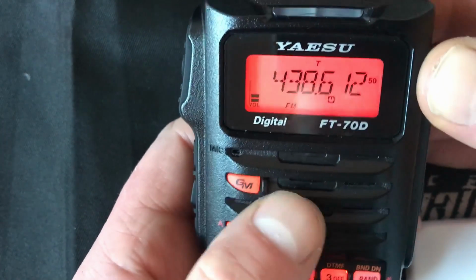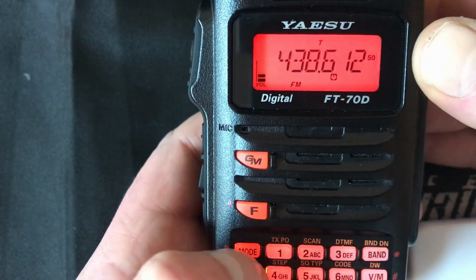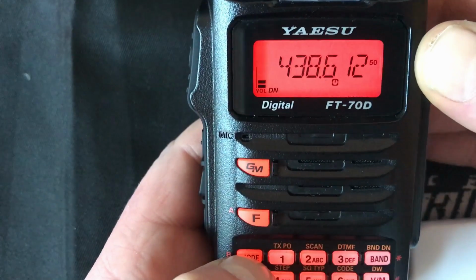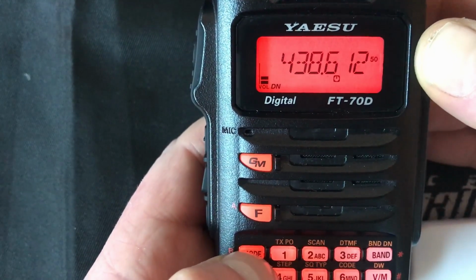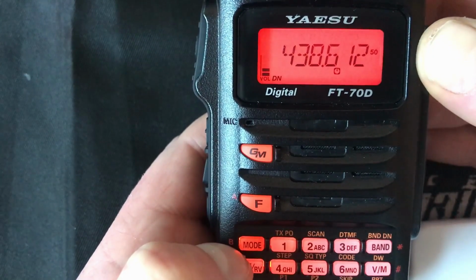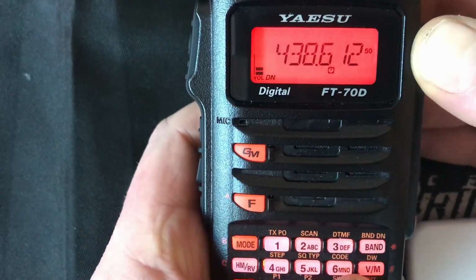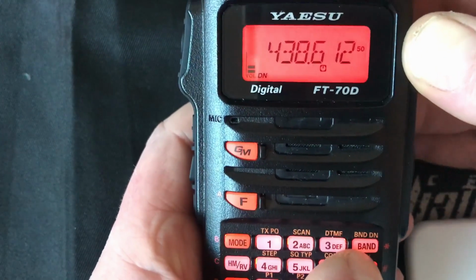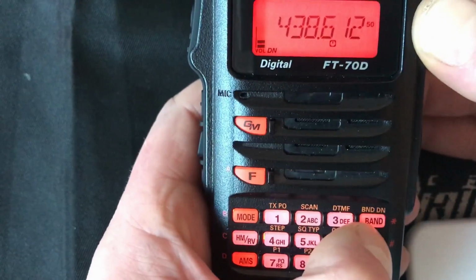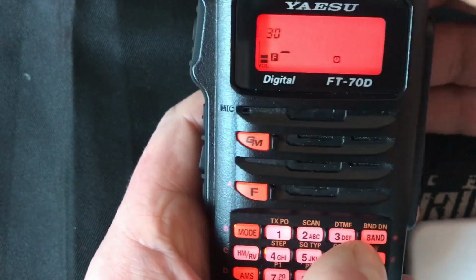and it doesn't matter about the tone squelch. I'll leave that there because I'm going to change the mode to DN, which is digital, that's C4FM, and I can program that in as a channel now as UHF call-in. I won't give it the full name, but I'm trying to do it quickly. So long press of the VM button, and it's saying, do you want to put it in number 30? I'll press yes. I'll click that VM button again. It wants a name, so